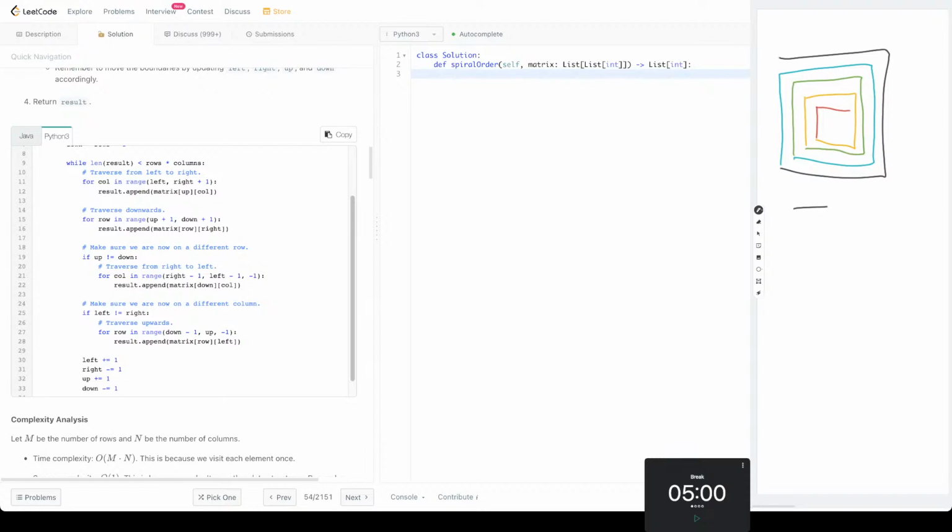It's basically going to do this, and then it's going to try again. And then it won't go down. It'll first traverse from left to right, and it'll traverse from up to down, but in this case it doesn't go anywhere because it's already the same. And then if up is not equal to down, it's not going to do anything. If left is not equal to right,